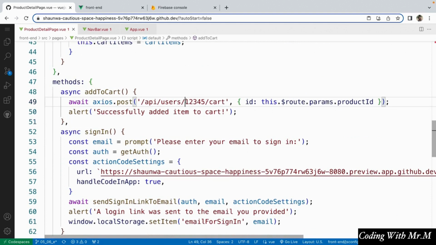We're just going to change these single quotes to backticks, like so. And then instead of just having hard-coded 12345, we will use the user's ID by saying this.user.uid, okay? And that should be really the only change we need to make there. So now, let's head over to the shopping cart page, where we're going to have to add logic not only